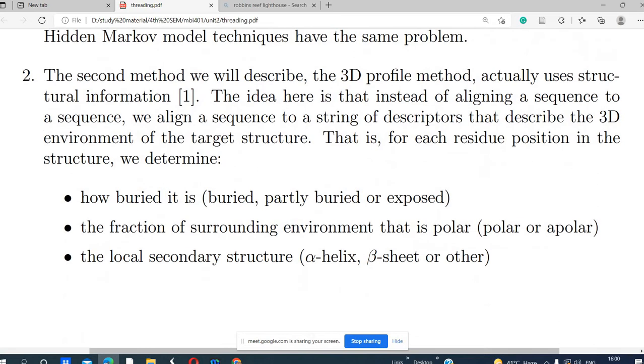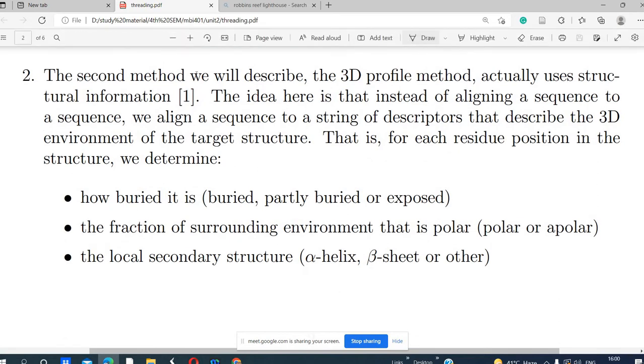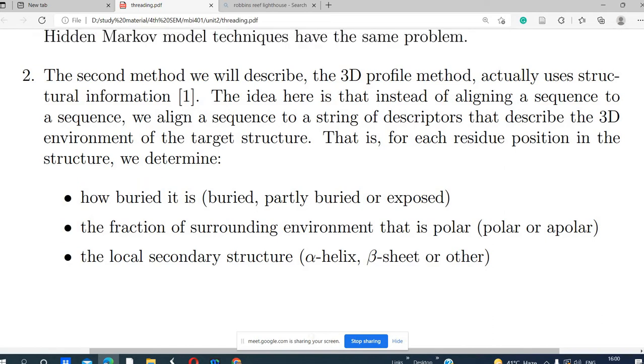In the first method we use the hidden Markov model technique. The second method is, you know how to align sequences. If anybody doesn't know, we can study it separately. What is sequence alignment? One sequence, like A, T, G, C, is aligned to another sequence. The sequences are just placed one above the other, and then we align the sequences. I think you know it.